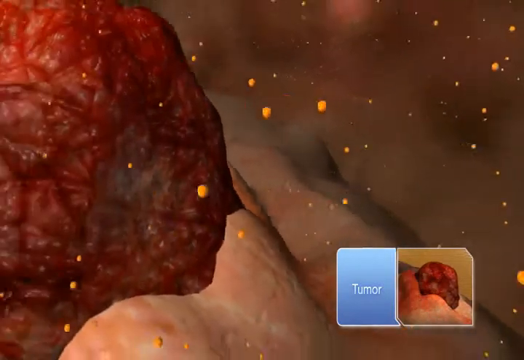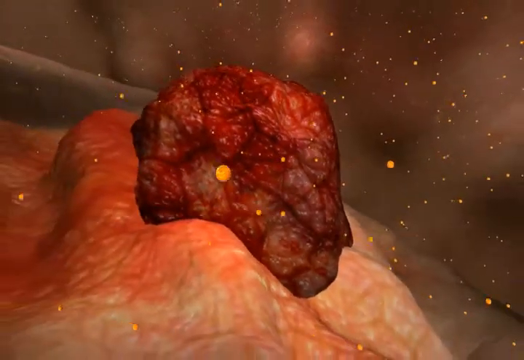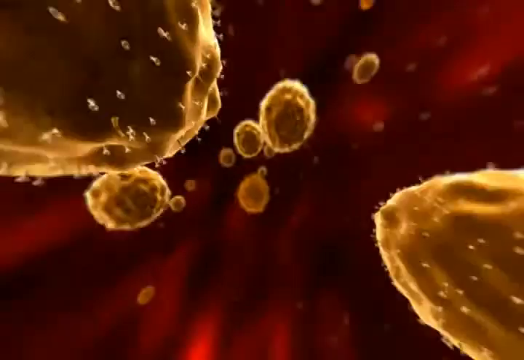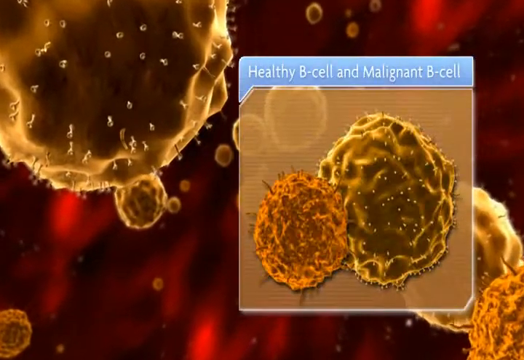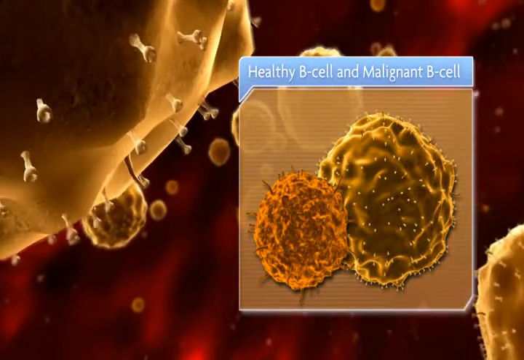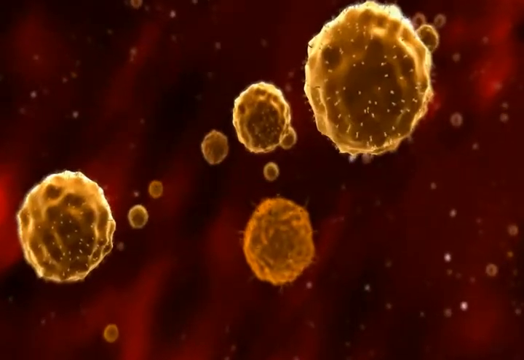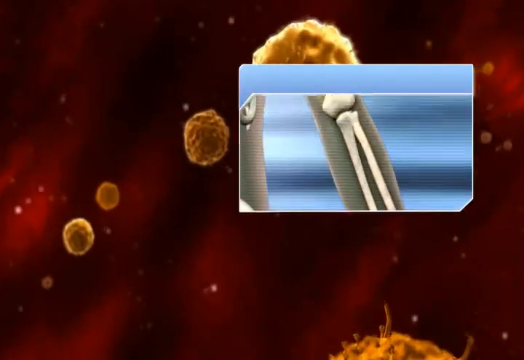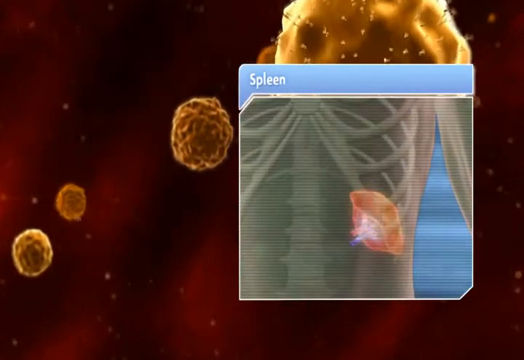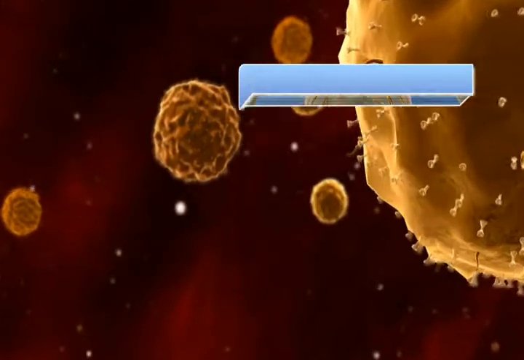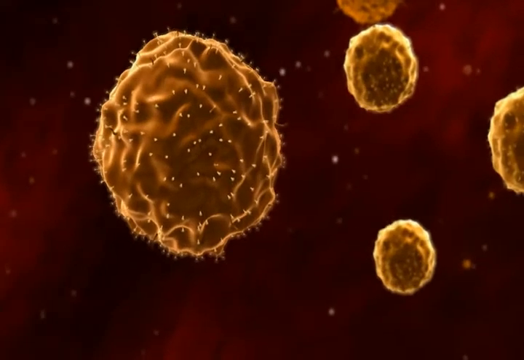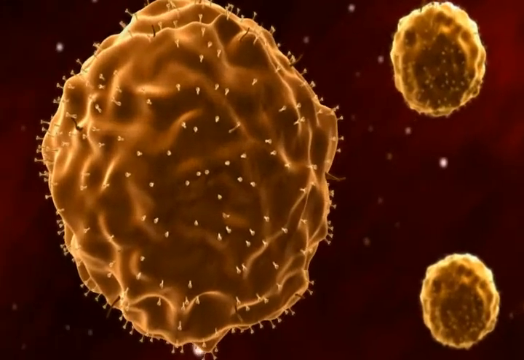Normal B cells support immune function, but aberrant B cell differentiation can give rise to malignant disease such as non-Hodgkin's lymphoma. Approximately 85% of NHL cases originate from B cells. As NHL progresses, lymphoma cells can spread from the lymph nodes to distant sites, such as the bone marrow, liver, spleen, and nervous system. During B cell development, a number of cell-specific surface antigens appear on the developing B cell